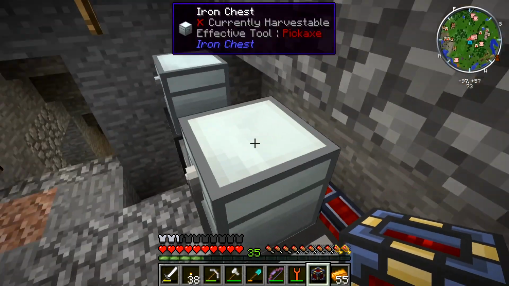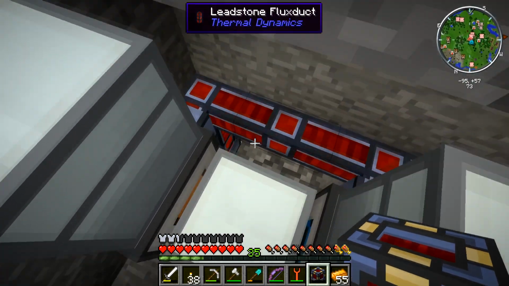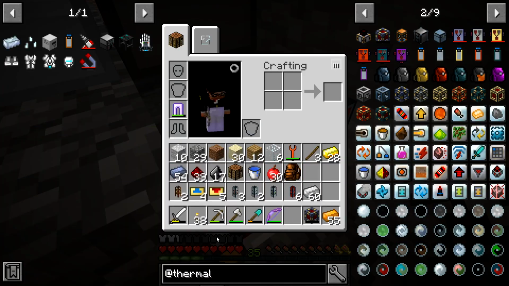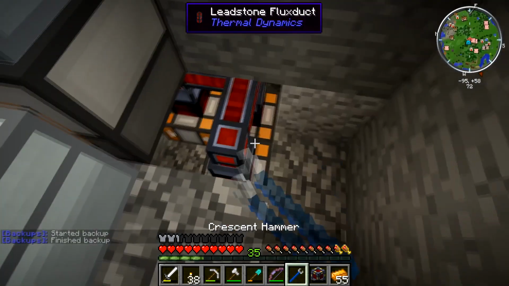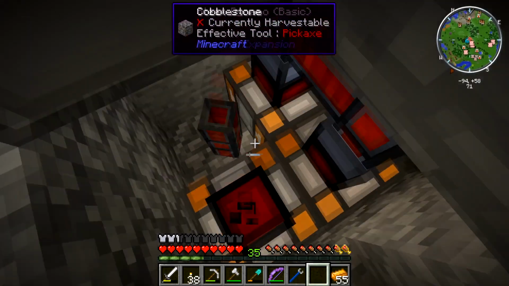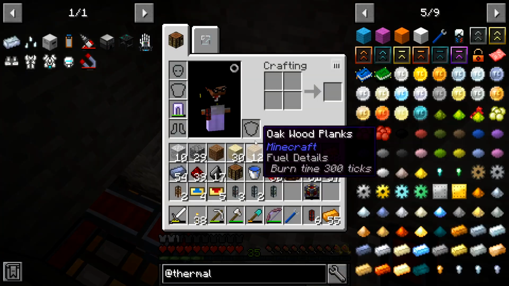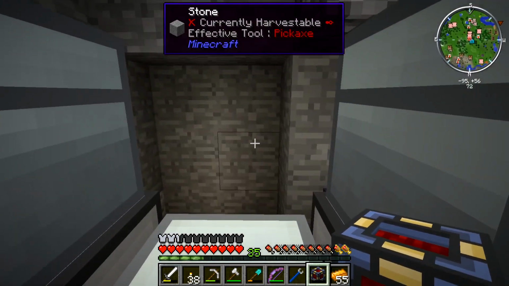Now the smart thing to do would be to place this before all of my machinery gets to it. Do you have a wrench type of thing? You have a crescent hammer. Okay, that does exactly what I thought it did. That could disconnect cables, which is perfect. So I need a way to also access this. If I put it there,